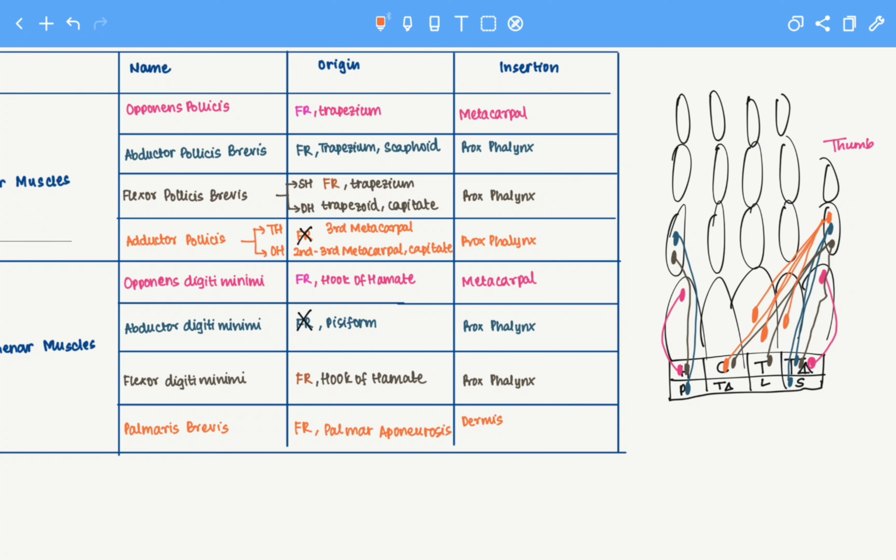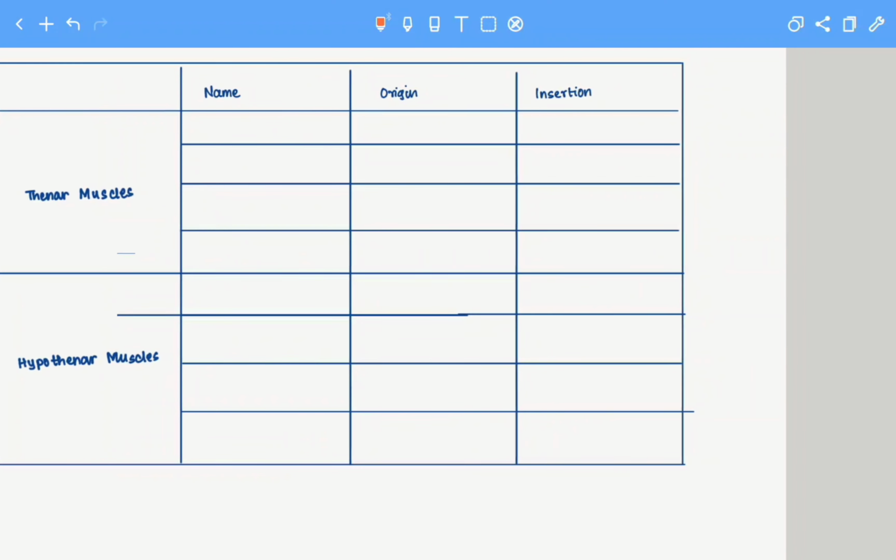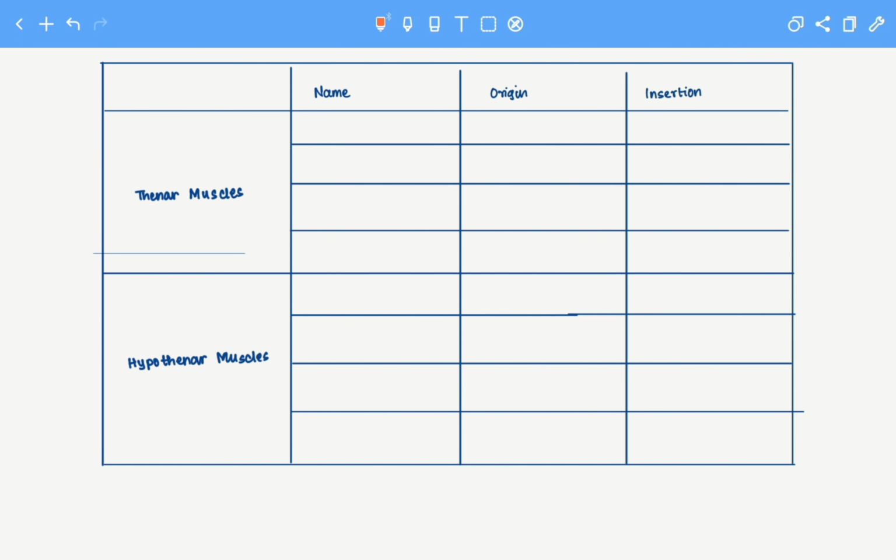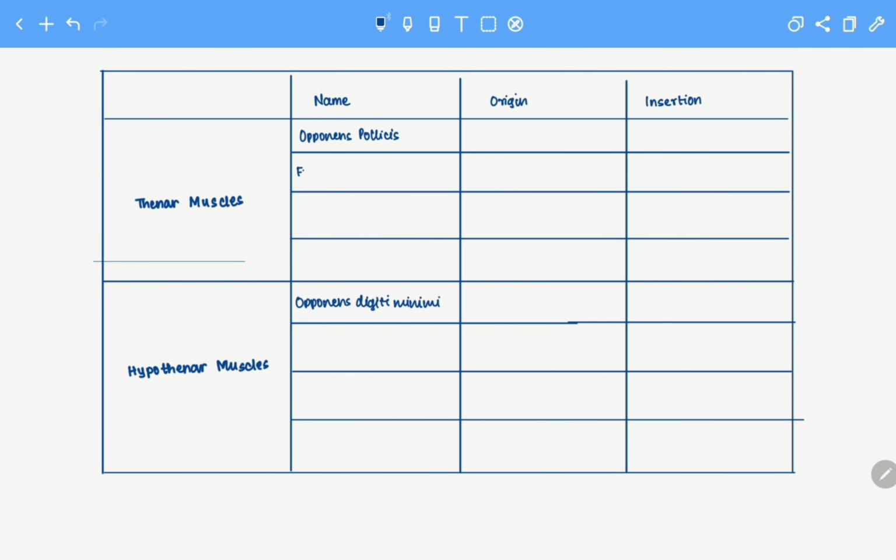Now let's take a review of how well we remember the thenar and hypothenar muscles by filling out this table right here. So the thenar and hypothenar, first we have the opponens pollicis over here. Here we'll have opponens digiti minimi. Then we have the flexor pollicis brevis, flexor digiti minimi,